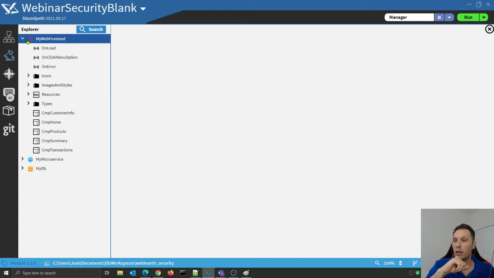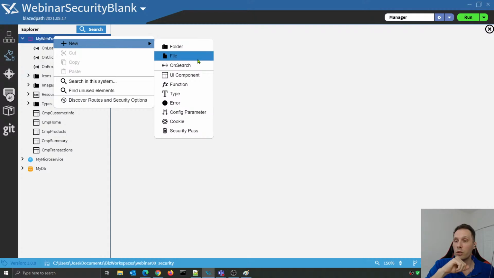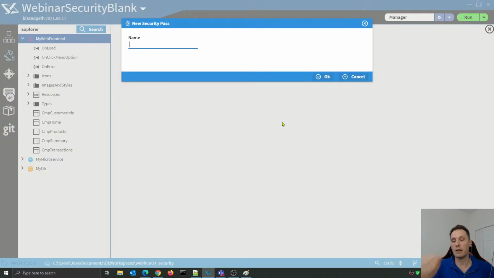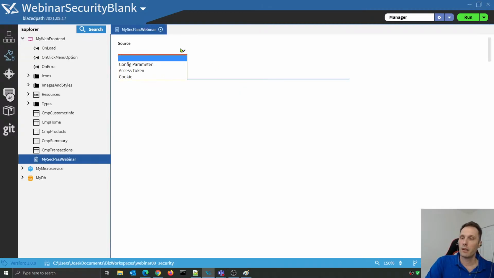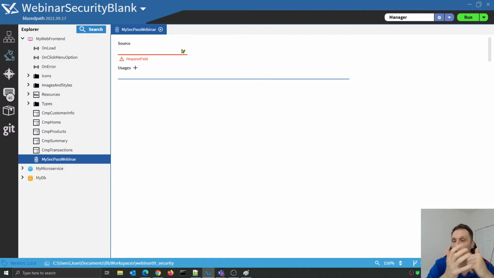So I'm going to click on my front end in this example, go new, and go add a new security pass, and this is going to be called my security pass webinar. So I have to complete 2 fields in here. Basically, the information I require in here is where I take the information from and where it goes. So the source is where it comes from. The information can come from a config parameter. As we previously discussed, this may be from